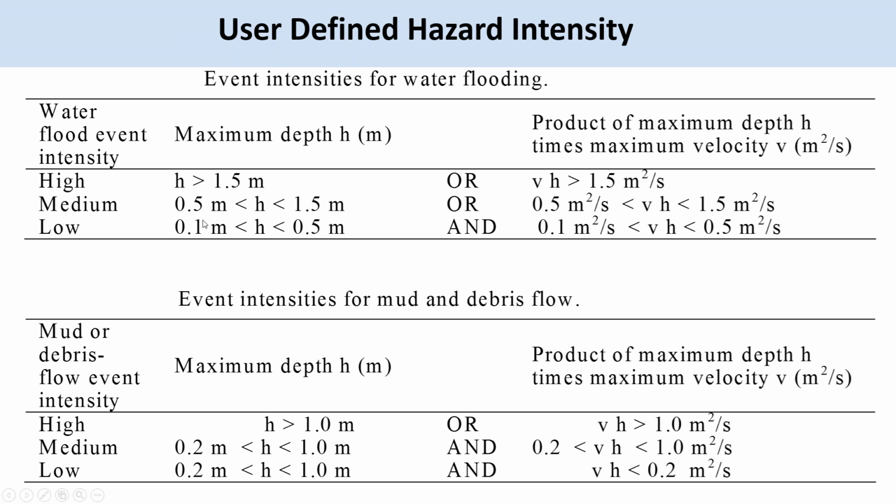Now, what you're going to get when you choose to do the hazard maps in Mapper is a table, and you fill in these values. So for water flooding or for mud flows, you have the option to modify these numbers to your own judgment. There may be default values in there for you, but typically, say for 3 foot or higher, it's a high hazard, or a depth and velocity up to 1.5 square meters per second, or this would be